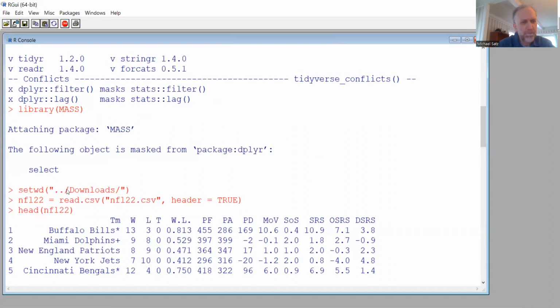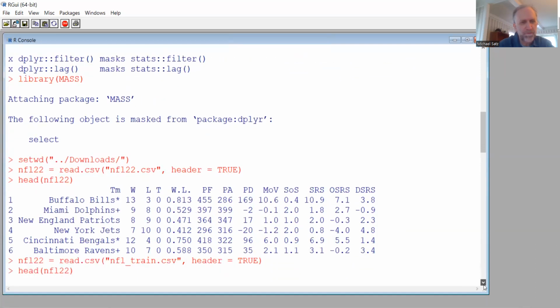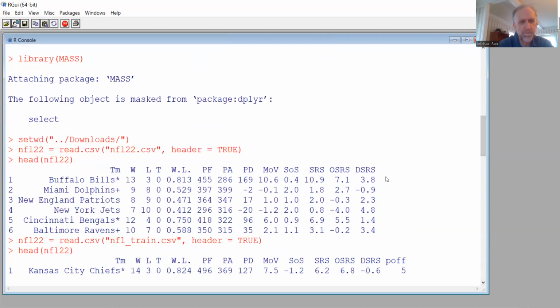So I know my files were in downloads, so I set, actually this isn't the right one though. This doesn't have the playoff designation, how far the teams went in the playoffs last time. I picked the wrong one. I was in here, NFL 22, I went and read this.